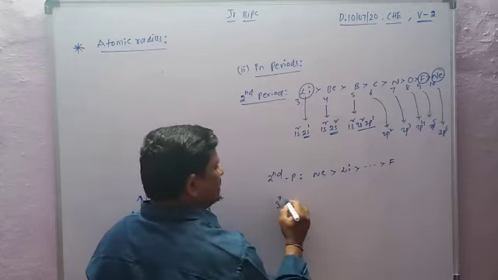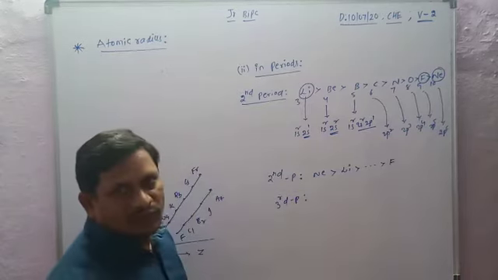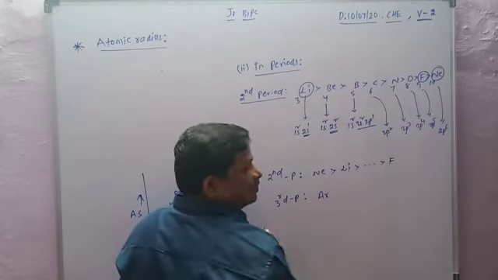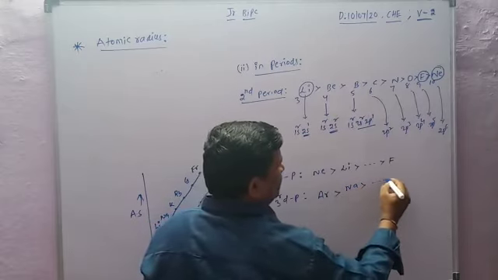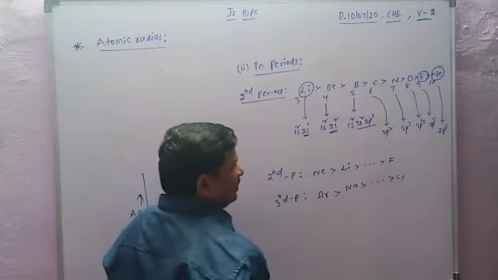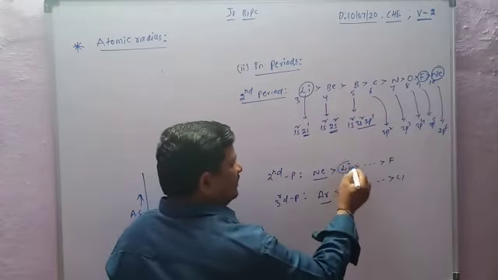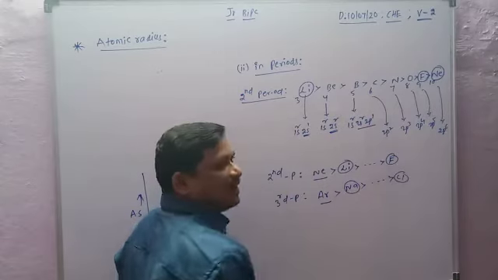For example, let us consider the third period. What is the third period? From sodium to argon. Argon is a noble gas. Argon is greater than sodium, which is greater than so on, down to chlorine. Neon and argon are noble gases. Lithium and sodium are alkali metals. Fluorine and chlorine are halogens.